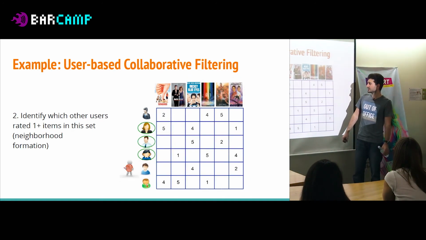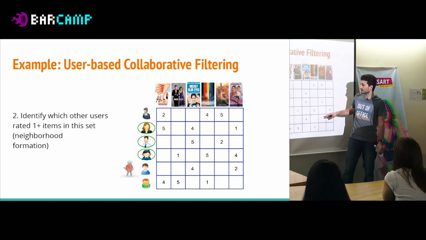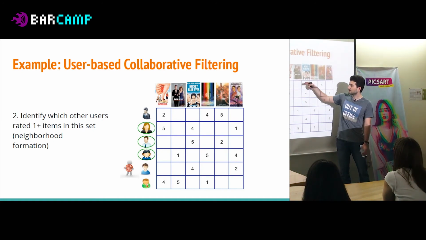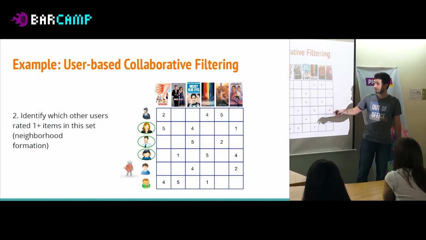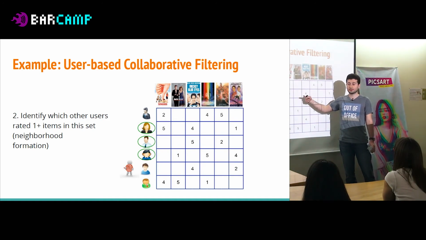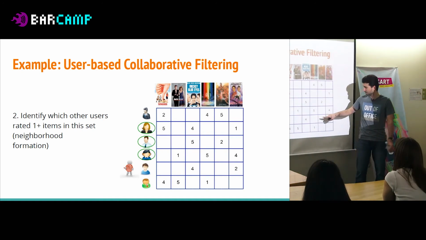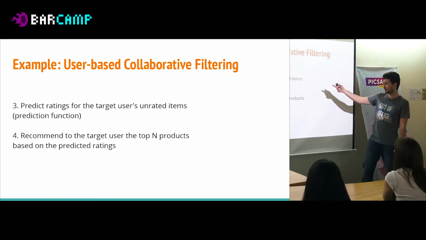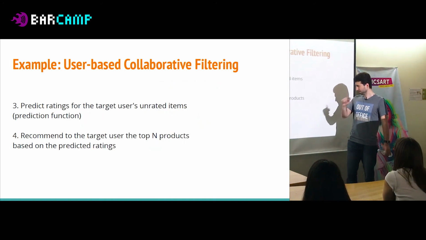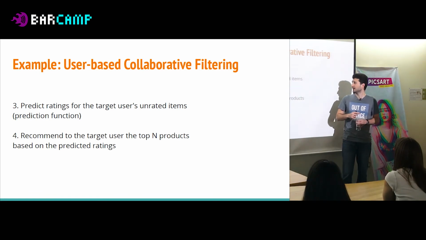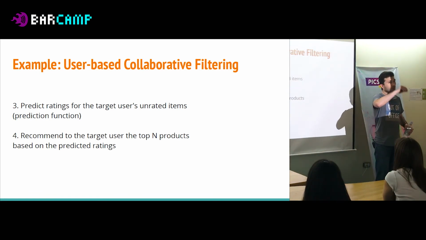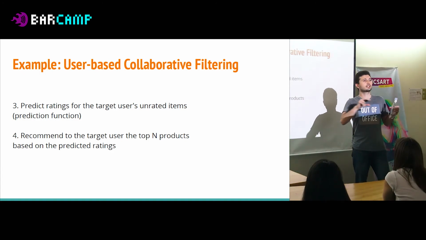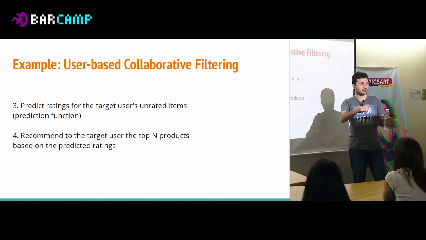And in the second step, we want to calculate the similarity of John with all other users based on the ratings he and other users had provided, and find the top n most similar users, and use their rating information to impute missing entries in the way I had already described. So again, here it just says the same. We predict the ratings for the target user's unrated items. And then after we made this prediction, we can just select top n by the score the item had received.